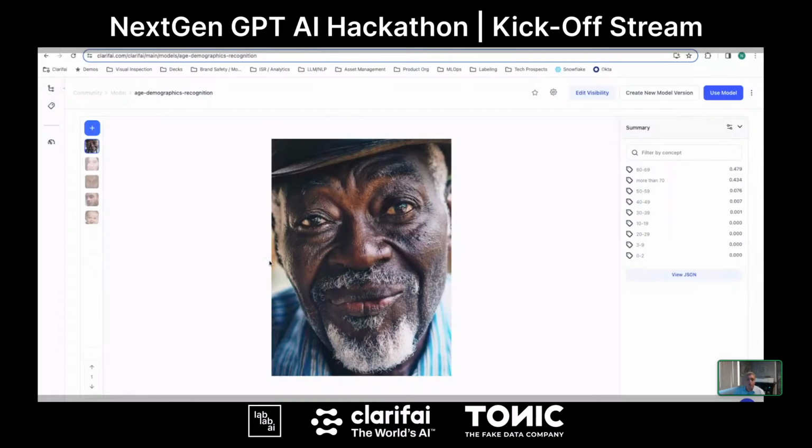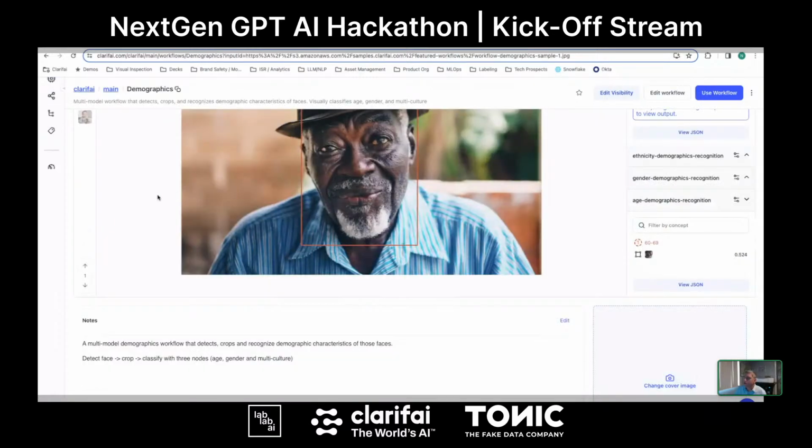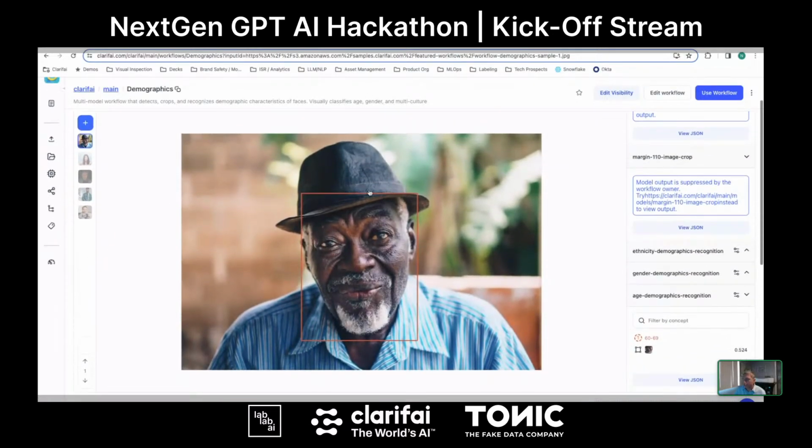So for example, if we really wanted to keep this demographic age platform alive, but we knew we weren't going to have imagery that was this good all the time, we could simply create a workflow that chains multiple models together, as you can see on the right, and Sanwal will explain all about this editor in his session, that simply takes the photograph we had, identifies the face and crops it beneath it, and gives us probability for all of that individual's demographics. Really, really powerful.